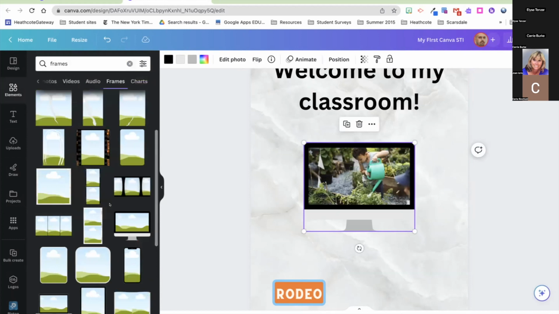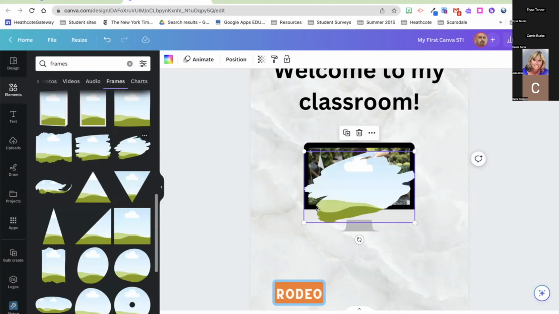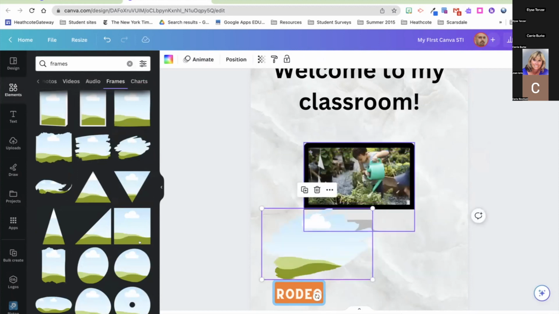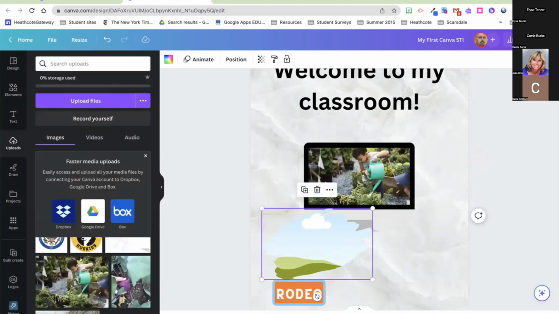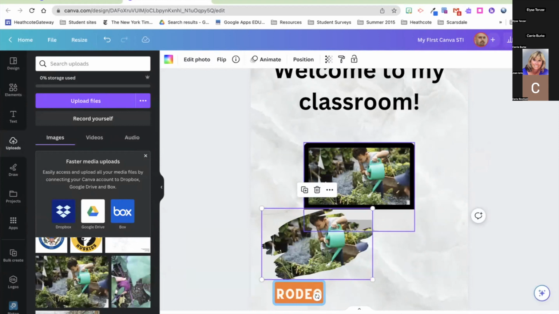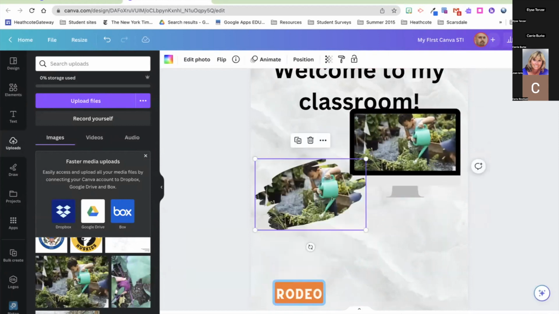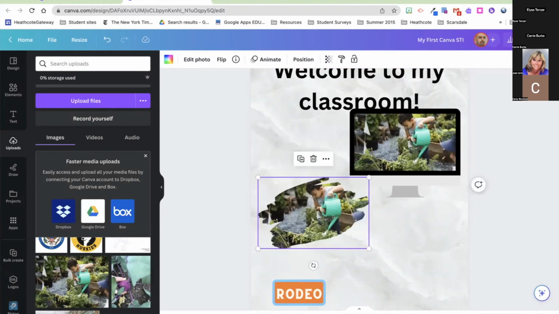So what's cool about that is you can go find things like this, right? Like if that's my frame, and then I take the same photo, upload it, and put it in, it then does that effect to that image based on that frame. So frames can be very useful because they can give you that kind of professional cut, brush stroke look or whatever with your image, just by choosing